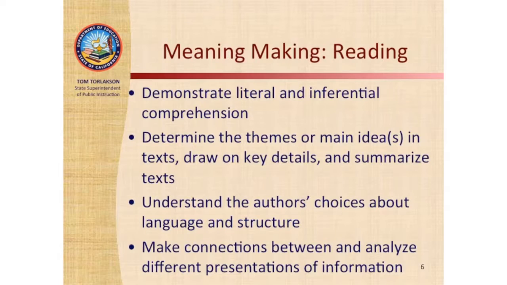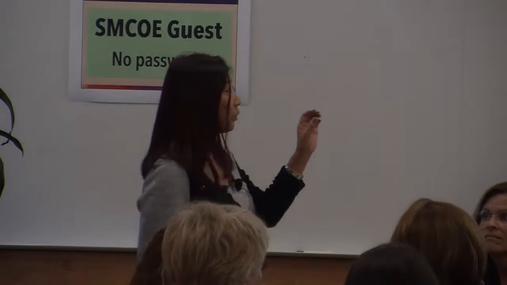Oh, good. Okay. As Kristen mentioned in the previous slide, meaning making cuts across all 4 strands of the Common Core, and we are quickly just going to look through reading, writing, speaking, listening, and language, starting with reading. And the bullets here showcase explicitly how meaning making is demonstrated with our students. What skills do they need to know? And by looking at the 4 bullets, this is the reason why close reading is such a popular instructional approach